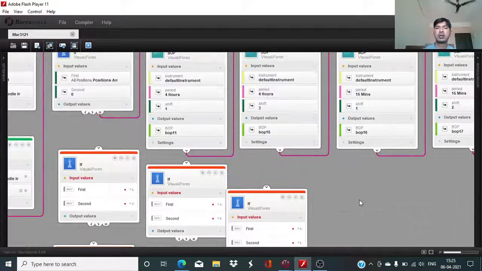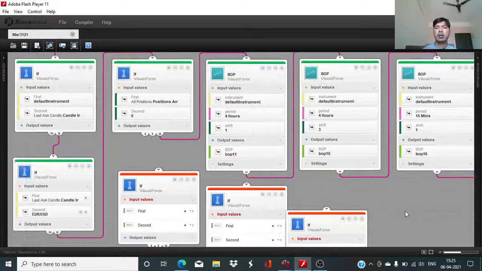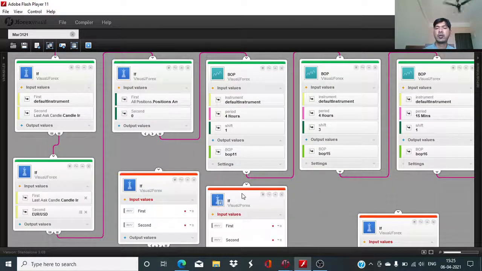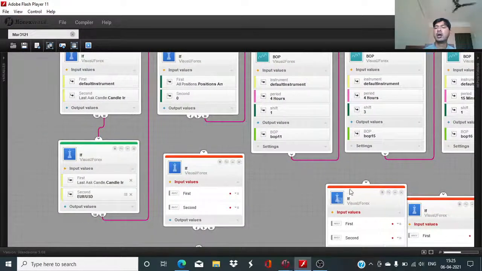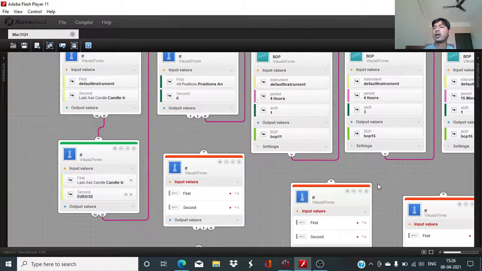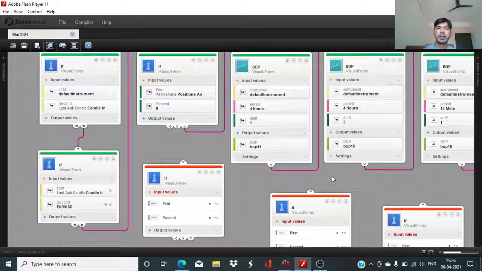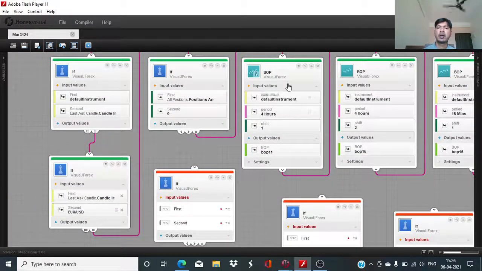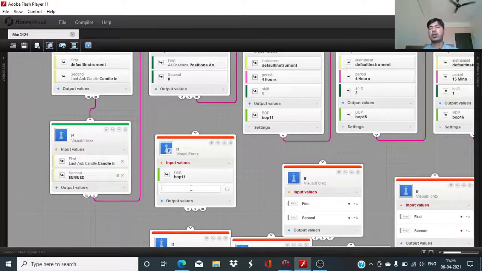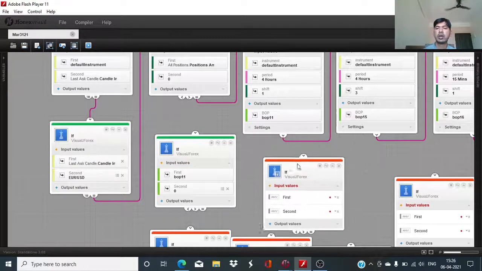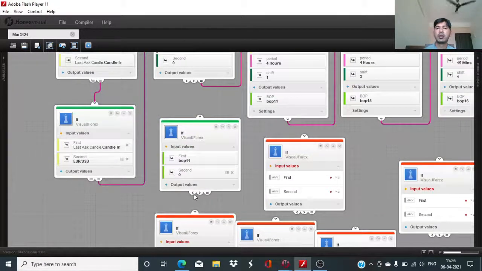Okay, now let us start defining the values in relation with each other. So we need the last BOP's output value to be below 0. So here it will be first input less than second input,